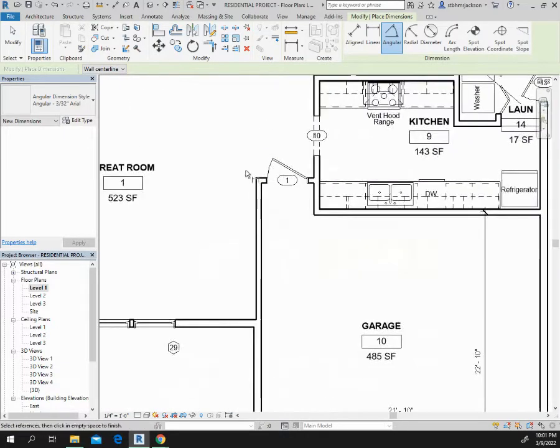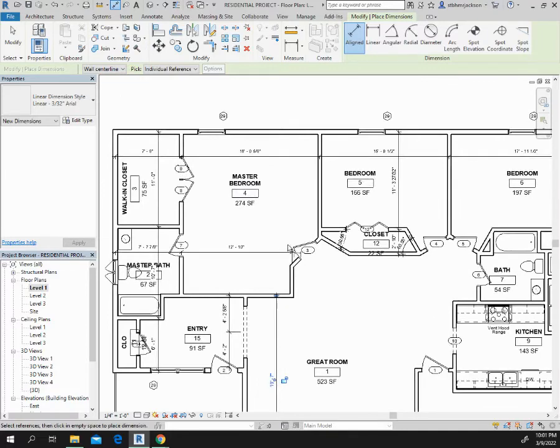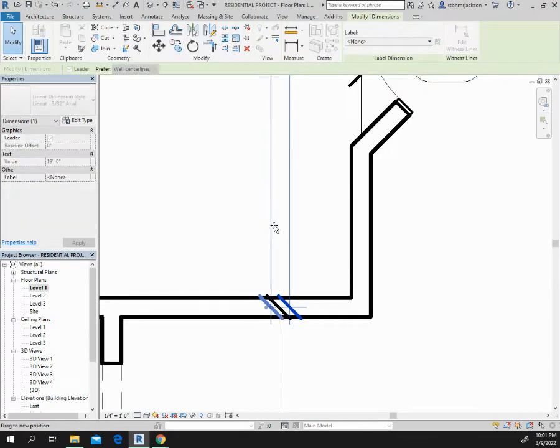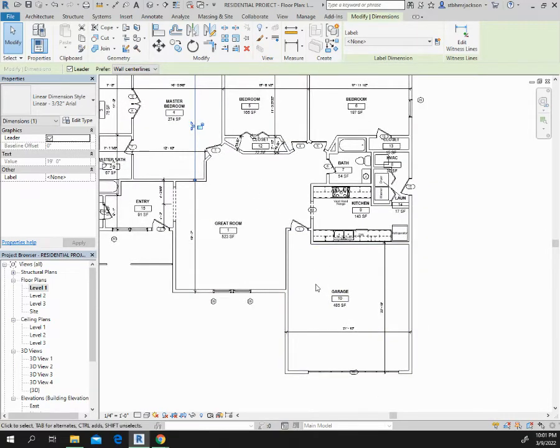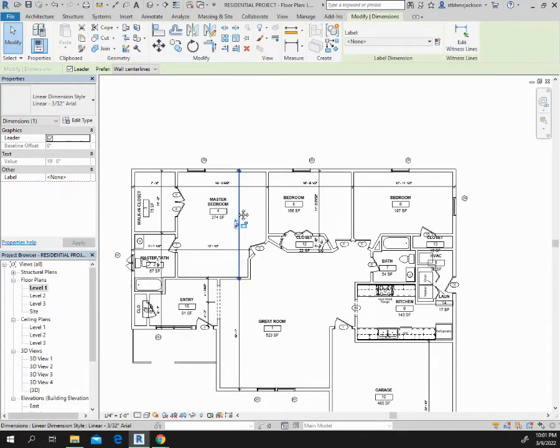As I said, I'm not going to spend the whole video showing you how to place dimensions. I'm going to give you a few examples of the interior and the exterior. If it missed like I just did, always move it over and it'll pop into place. Okay, so that's the interior. That's not all of them, but you're still going to do the ones for your bedrooms, your bathroom, your kitchen, and so forth. I'm not going to demonstrate every single one of those, for the sake of time. All right, so now for the exterior,